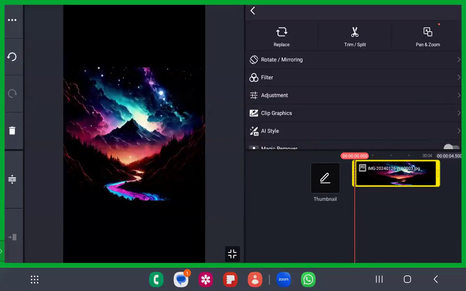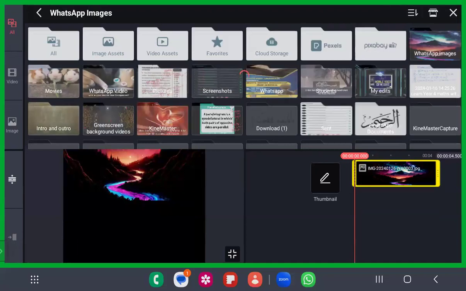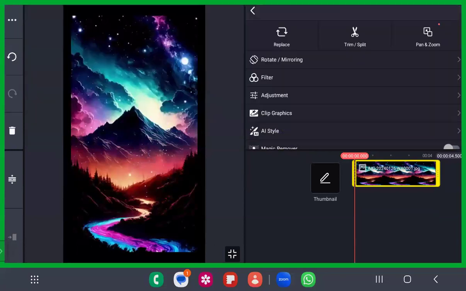So this is another replacement we can do. Or we can replace it with any other photo. You can also replace this photo with a video, dear sisters and brothers. It's all up to you. So I've replaced it. It's just substituted. It's just replacing the photo. This is what I did.